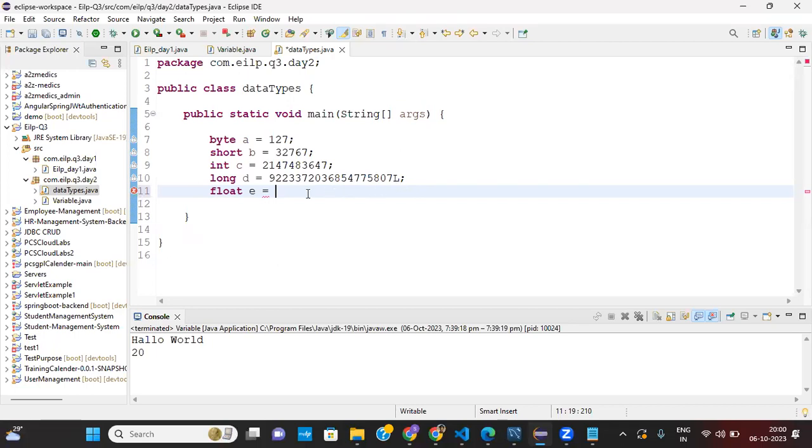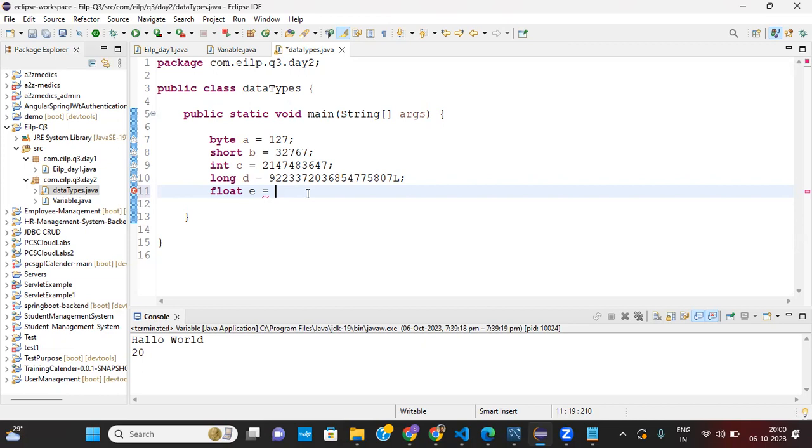In float, after the decimal there's some range. I think for float, after the decimal we can print up to 5 or 6 digits.